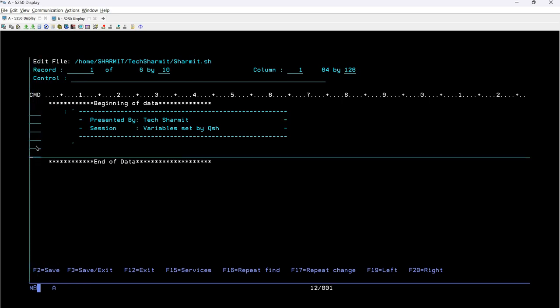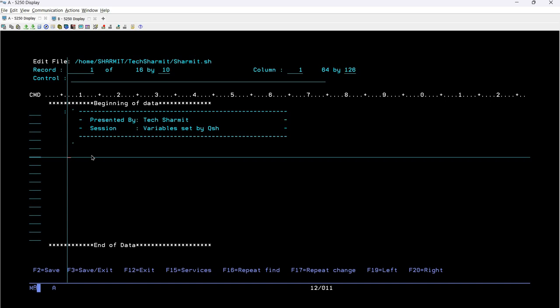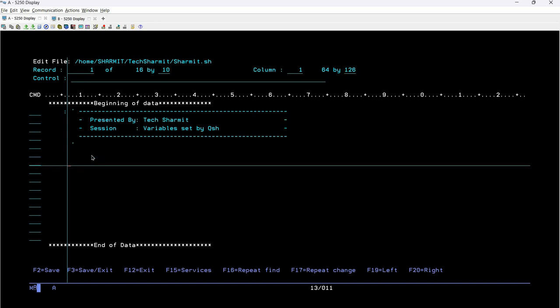For that, let me insert a few blank lines first. I'm using I10 to insert 10 blank lines. And on this line, we will simply write echo, because we know that in order to print something, we use echo, right? So echo. Then here I'll write the text just to show you everything in a proper manner. So machine type,